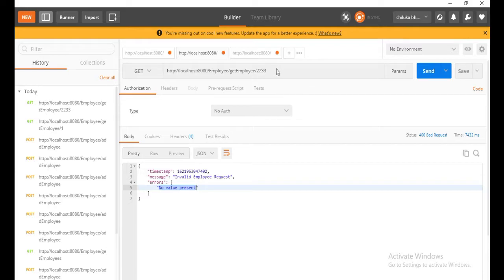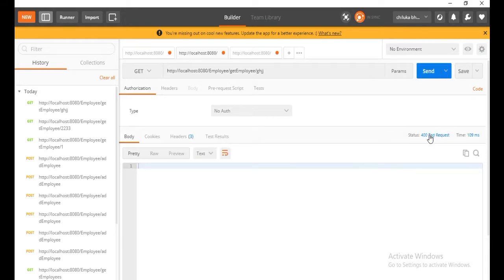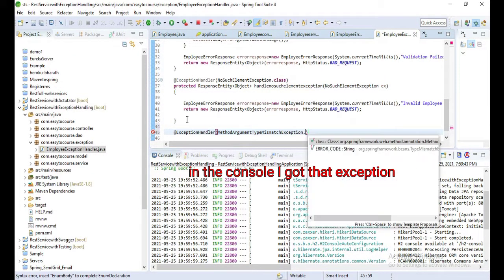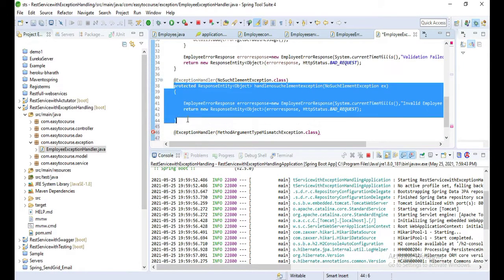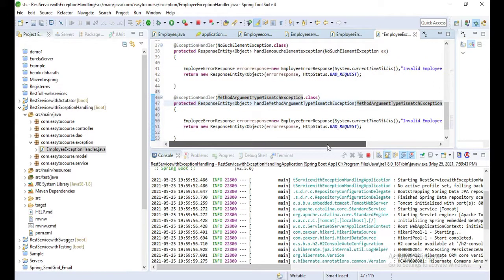Okay, let's give some string value. Let's try. See, no error message, but we got 400 bad request. Let's handle that one. The error we got is MethodArgumentTypeMismatchException. So let's handle that exception by using @ExceptionHandler, and we will create a method to handle that exception.